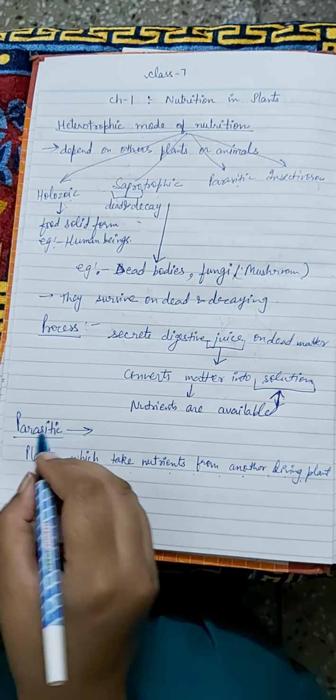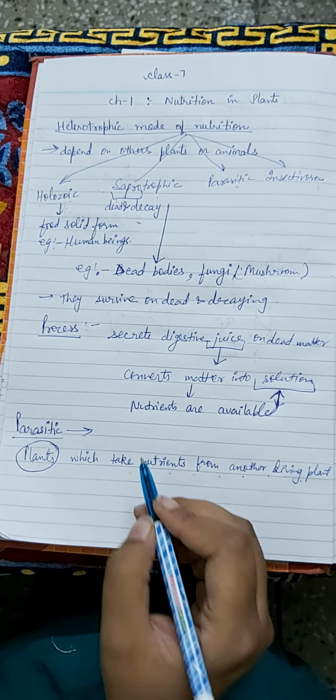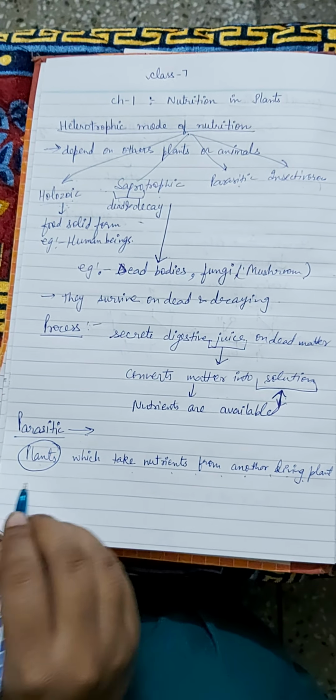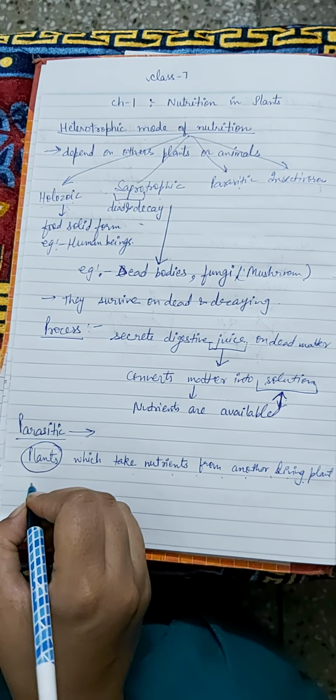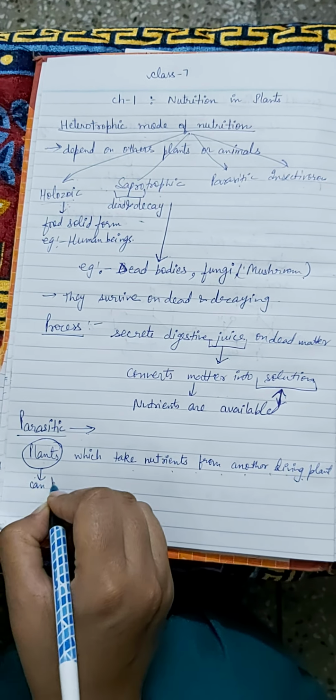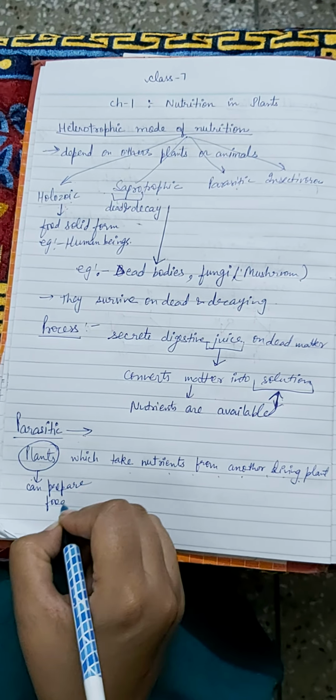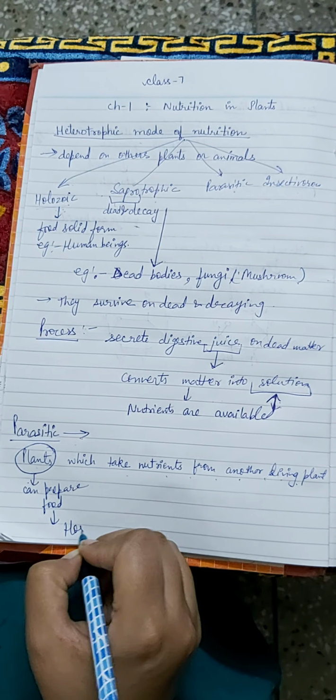It means there are two categories, one is host and another is parasite. The plant which gives the nutrition, that can prepare food, is known as host,